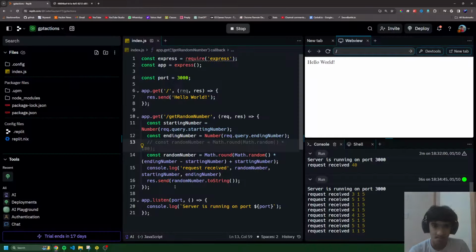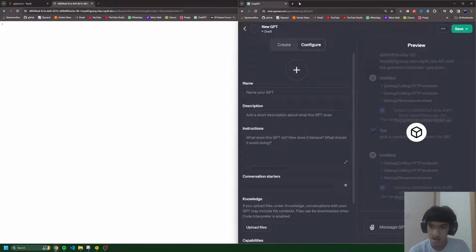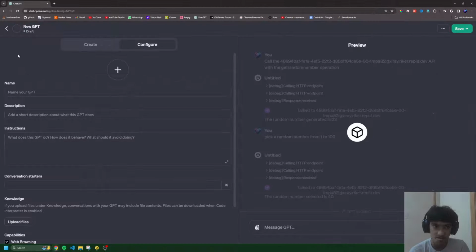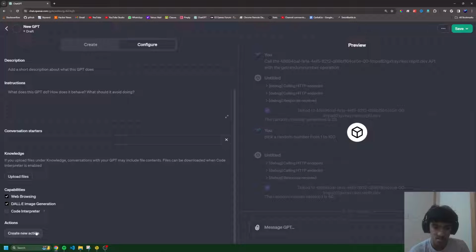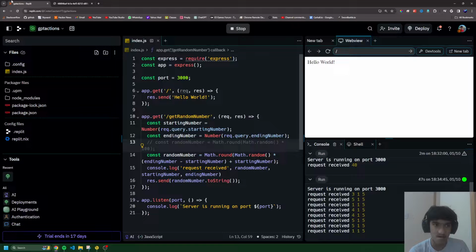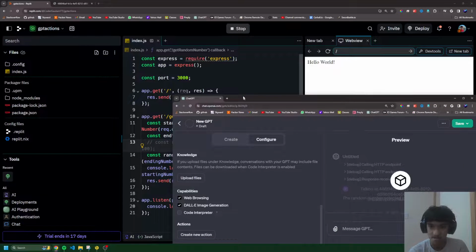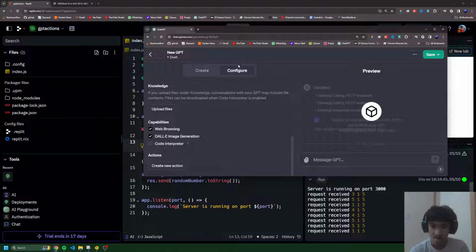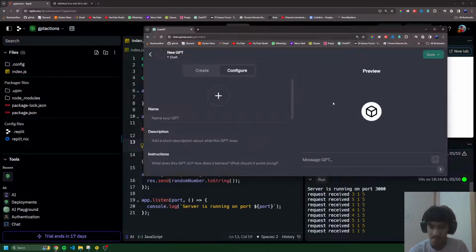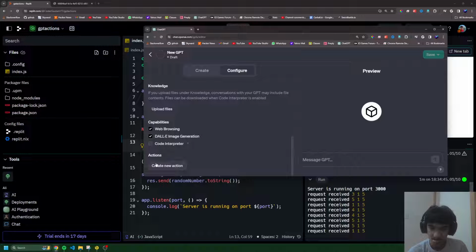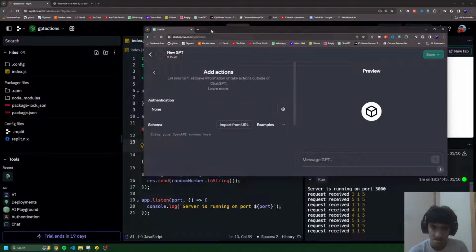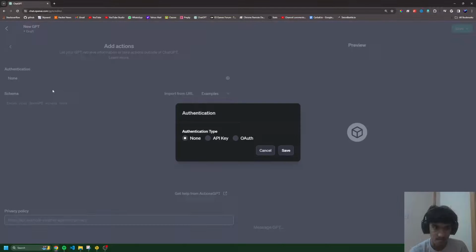Now, I want to make this endpoint into a ChatGPT, or a GPT as they call it. And you can actually do that using something called ChatGPT Actions. This allows ChatGPT to talk to other APIs or do any actions outside of the GPT environment. And how you can do this is by going to your GPT creator, press create, then you can press create new action. And here you can set authentication,